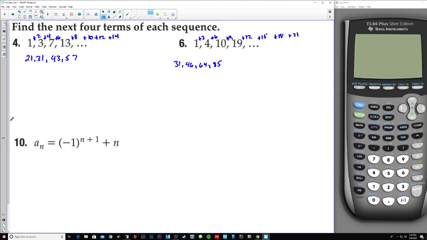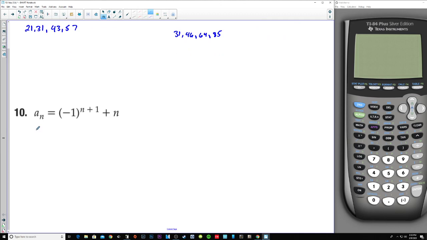Here on number 10, we're just going to find the first four terms, and we're going to plug in 1. That'd be negative 1 to the 1 plus 1, plus 1. So when you square negative 1, you get 1, and then when we add 1 plus 1, we get 2. So the second term is negative 1 to the third, because we're going to plug 2 in for that n. Then plus 1, so we get negative 1 plus 1 is, no,